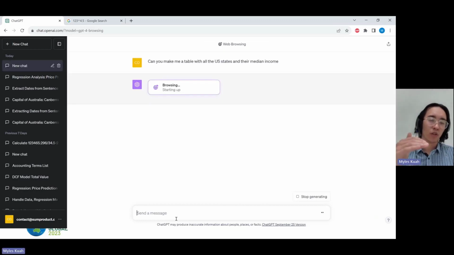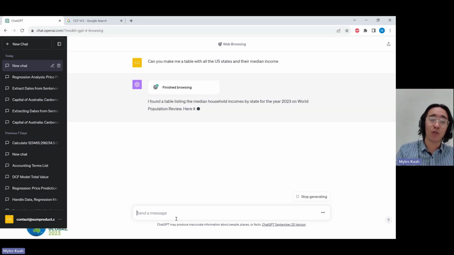And now it'll be actually able to browse the web and try and find that information itself. Previously, a big issue with ChatGPT was all the information that it had ended in 2021. But now, if you're using the paid version, you can use this to actually browse the web and get you up-to-date information. If you're using the free version, don't fear, because you can always just